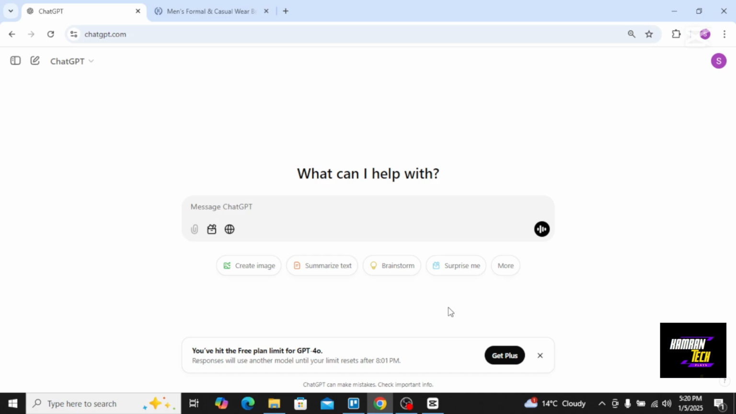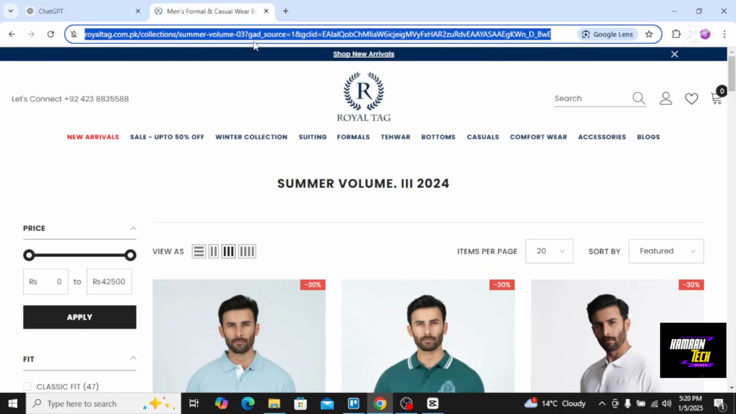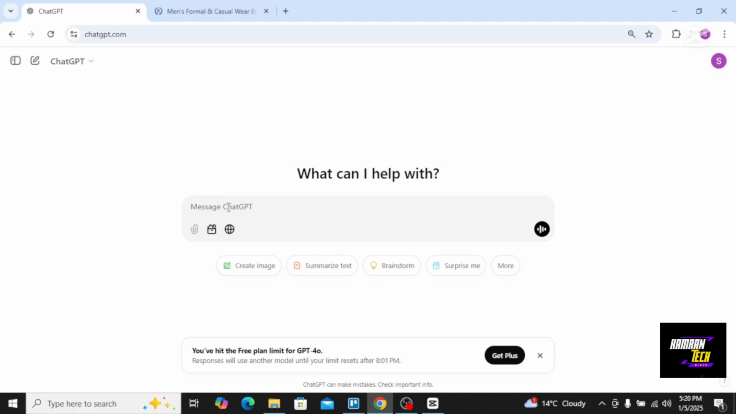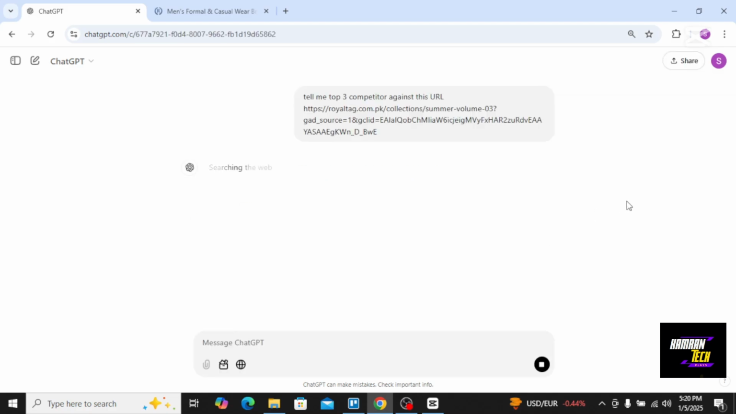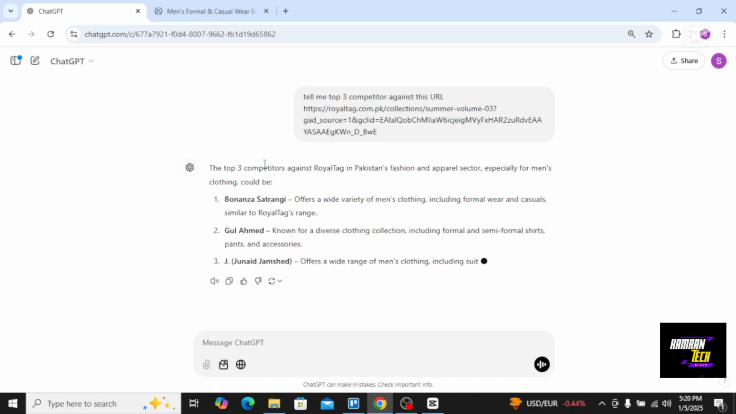So you will just provide your company website to know the competitors against it. I will simply copy the website of my company, and I want to know the competitors against my URL. So I will just simply paste it here and give it a command to tell me the top 3 competitors against this URL. And you will just tap on this, give the command to ChatGPT, and you will see the